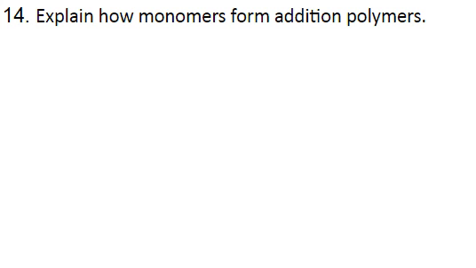Objective 14, explain how monomers form addition polymers. So I really should have put this back up when we're talking about alkenes, but I totally overlooked it. But we looked at how you can add hydrogen or water or a hydrogen halide or just a regular halogen. And the other thing you can do with ethene or any other alkene is you can simply add it to